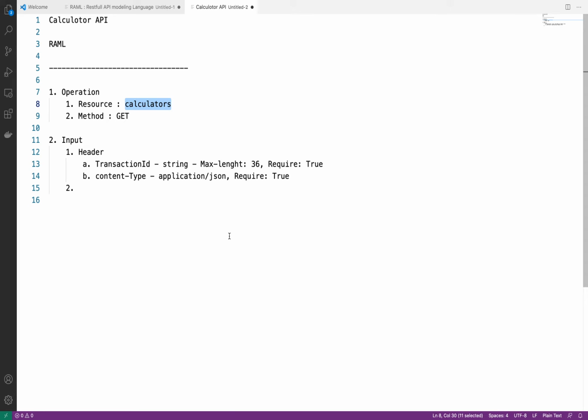Based on how we want to treat it, we can define it either inside URI parameter or inside query parameter. So let's take it as a filter condition only. So again we don't need any URI parameter. In the header we don't need a body, we don't need a URI parameter. So what we need next is query parameter.